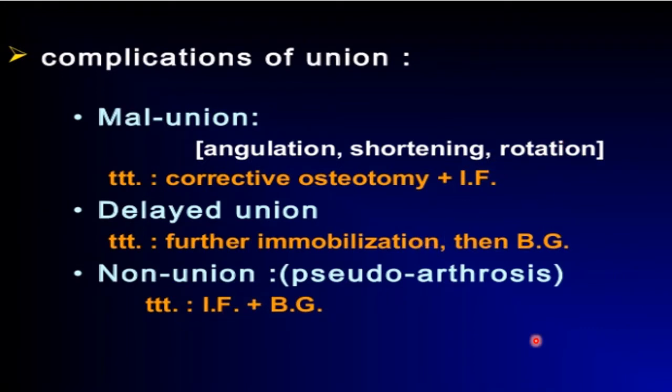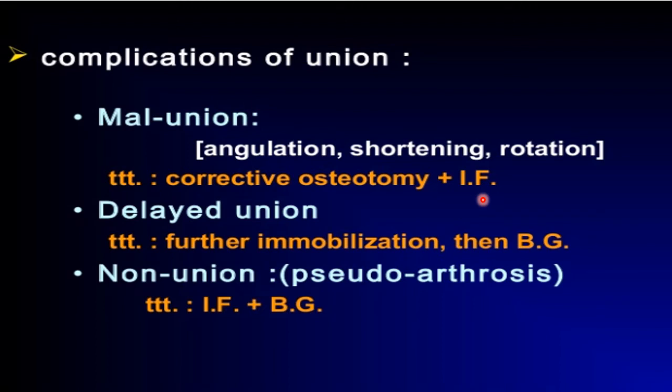Then there can be problems with the fracture healing or fracture union. These are malunion, delayed union, and non-union. Malunion is when angulation, shortening, or rotation of the bone still exists after the two ends of the bone have united. And this would then, of course, need a corrective osteotomy, where a wedge of the bone is removed and internal fixation done. After aligning, the bone pieces are fixed internally by either intramedullary nails or overlying bone plates and screws.